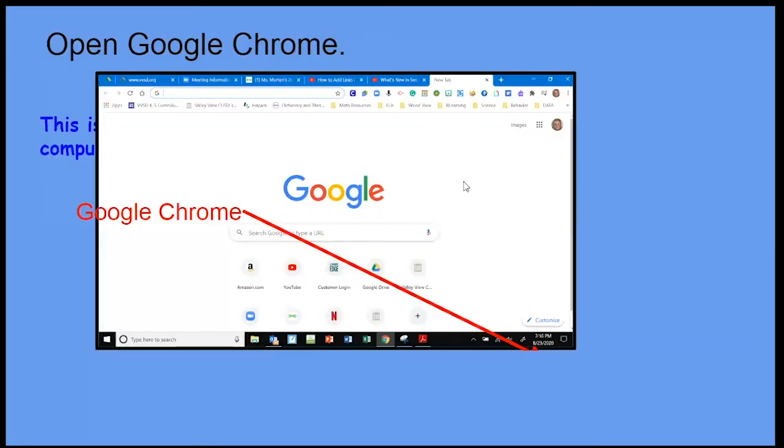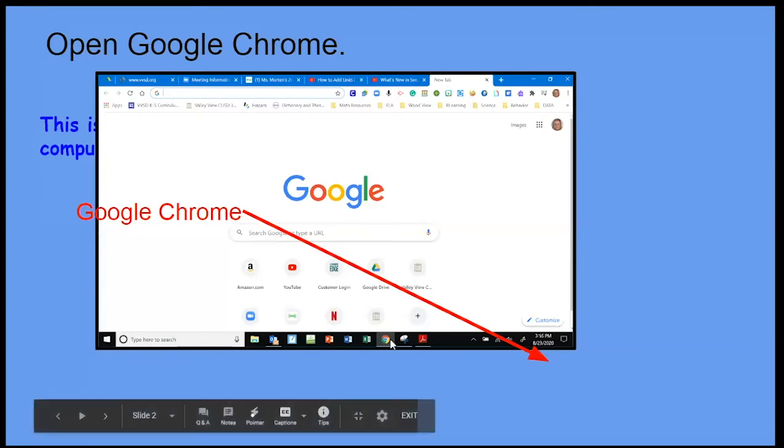So this talks about opening the Google Drive at the bottom, or Google Chrome, excuse me. To get to the Google